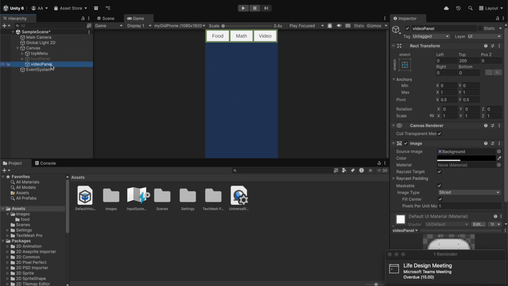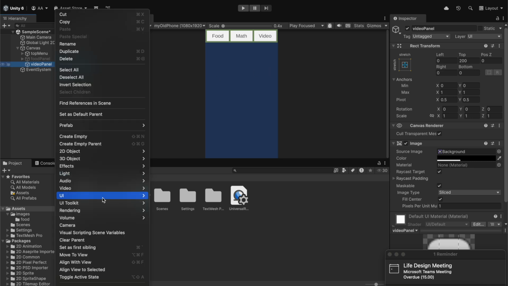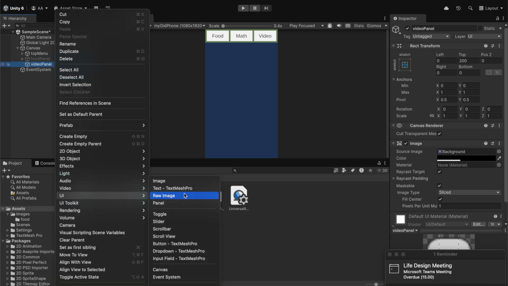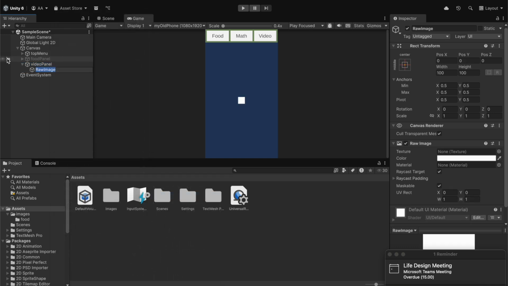In order to create a video player, we need somewhere to play it on. So a UI element we can place here that can play our video. And for video players, we use raw images. So let's go ahead and create a raw image, video image. So this is gonna be the raw image that our video will be shown on. And as you can see, it's too small. So we need to change its size, and I'm gonna change its size over here so that it matches the